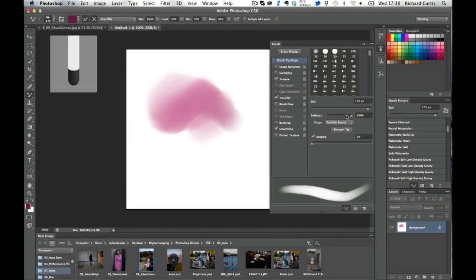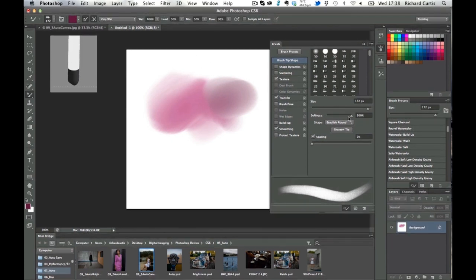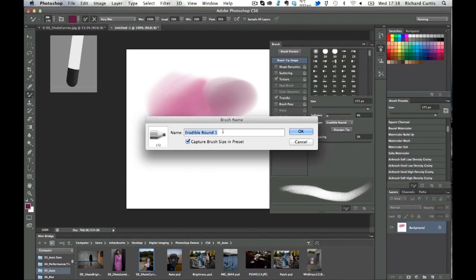So a different colour. Now what I can do is erode this tip to a certain point where I like the look and feel of, and once I found that point I can then save the preset. What I can do first of all though is change the softness. So I'm going to change the softness back to 0, which makes it really hard. Then go in and say I want to make a new brush preset and give it a name. And I can say something like Richard Fixed